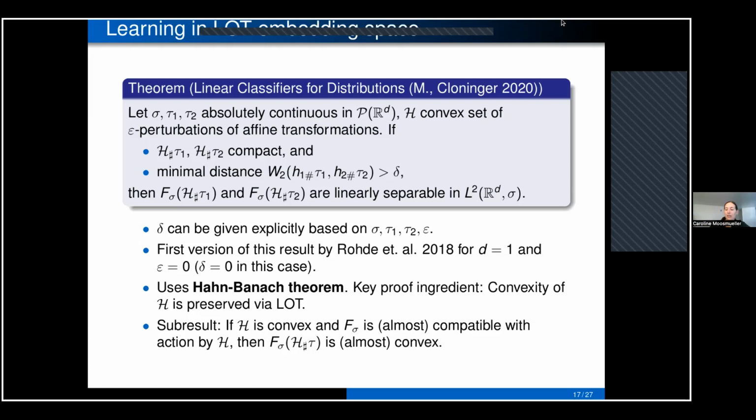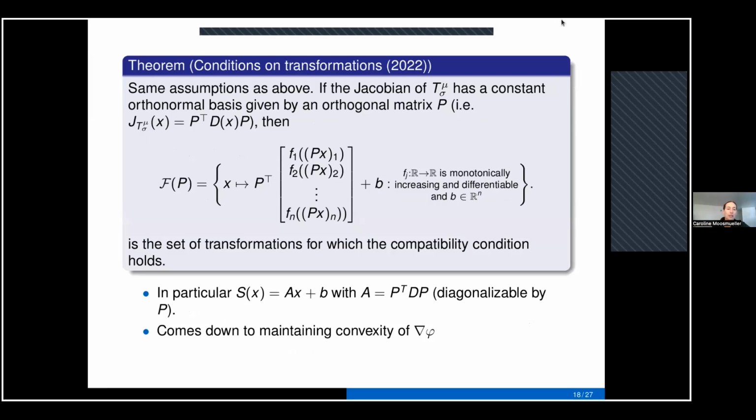Okay, and the last theoretical result I want to mention has to do with this shearing part. So this is some newer results, which we're still working on. Anyway, what we're saying here is, the central theme of the compatibility condition being satisfied that leads to all of the results brings up the question of for what kind of transformation is it satisfied? And basically what we're saying here is that if we know something about the choice of reference plus the distribution mu that we're interested in, we can classify all functions that will satisfy the compatibility condition